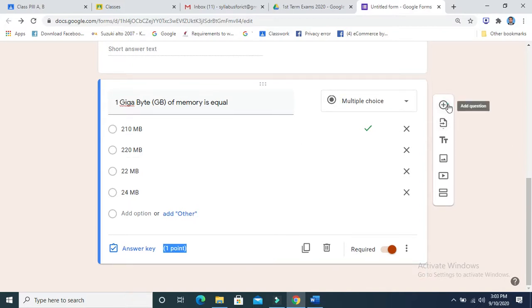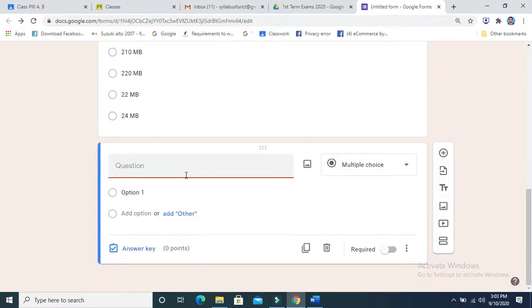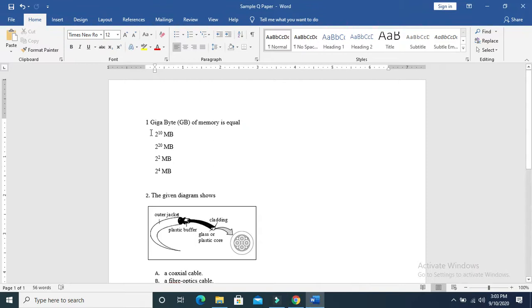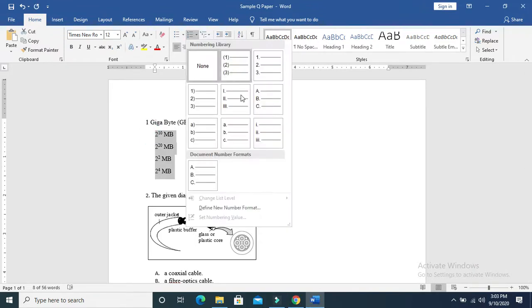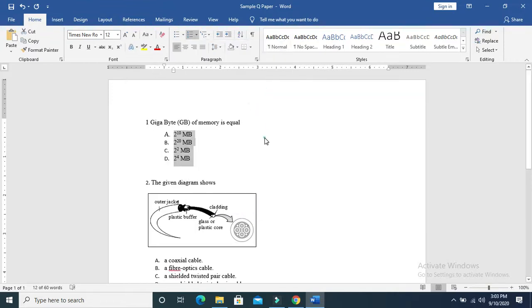Now I will take another question that I am going to do in the form of images, so that we should be very much clear about it. For example, this is a question where I have got some options in the form of images, and these will be changed if I place them in the same way. So mathematical notations are there, and these will be changed. So what should I do for this thing? What is the approach that I should use? I will take a picture of it.